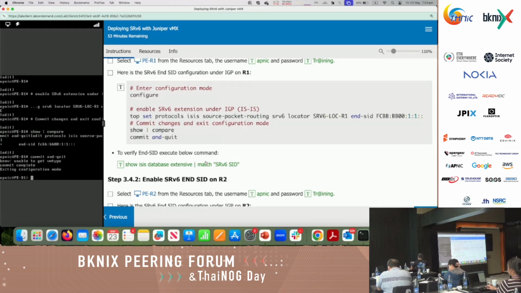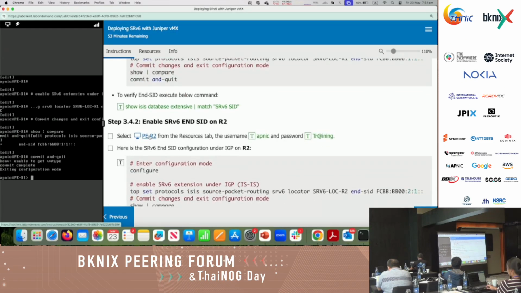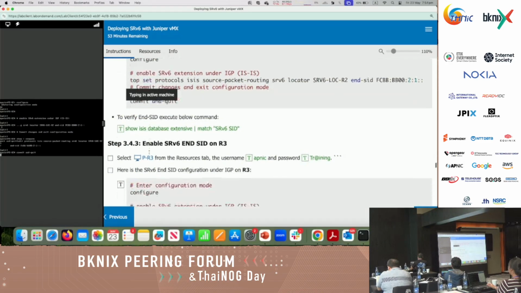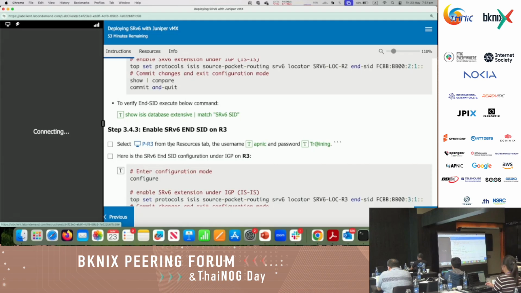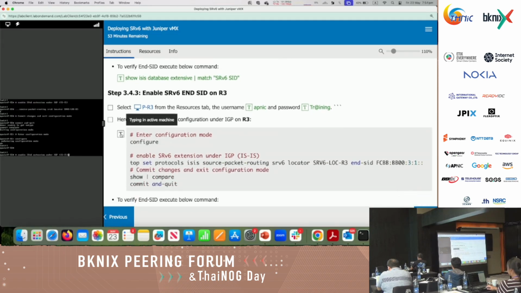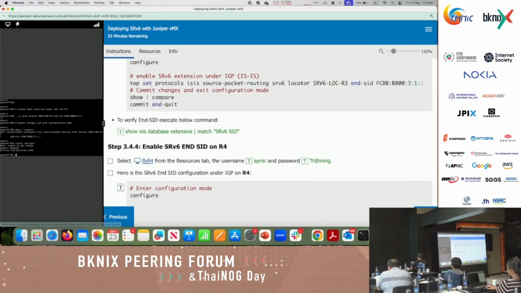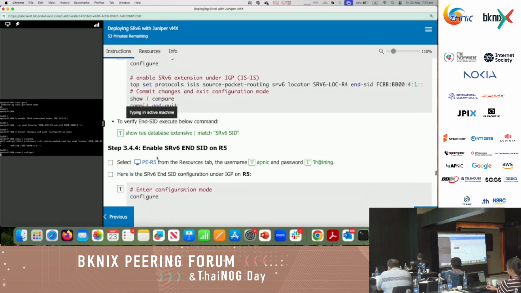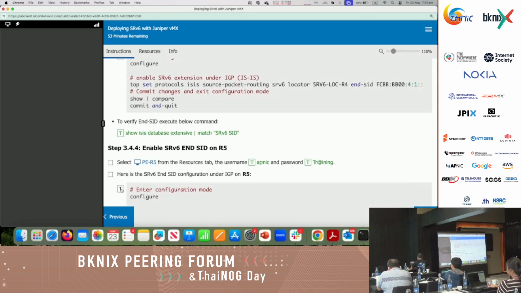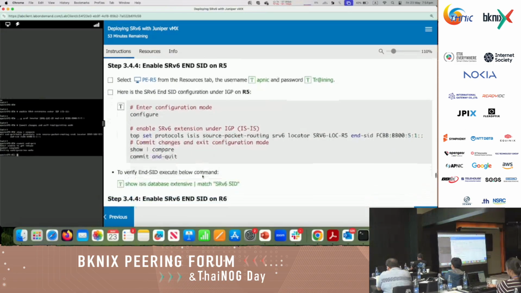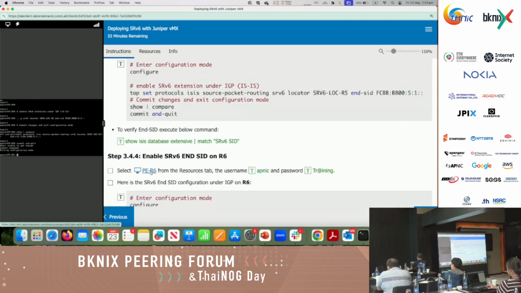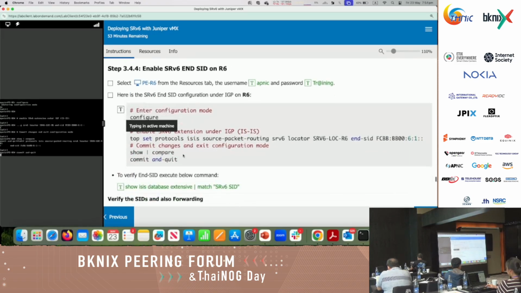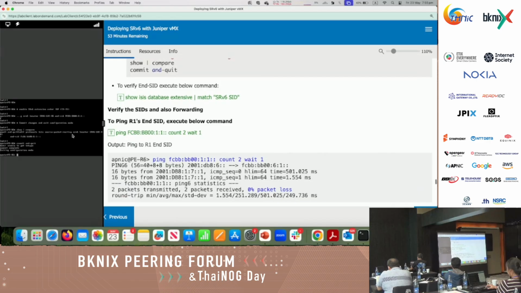Similarly, if I need to go to R2 and define the end SID, go to R3, define the end SID, R4, R5, go to R6. Okay, so now we have